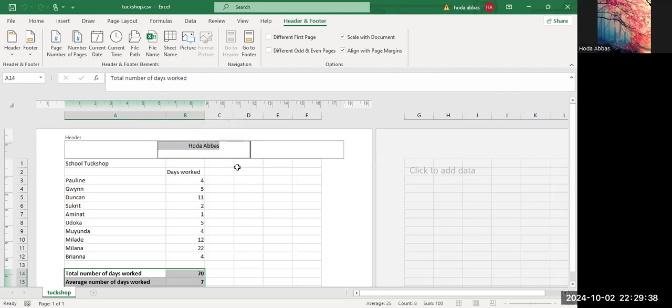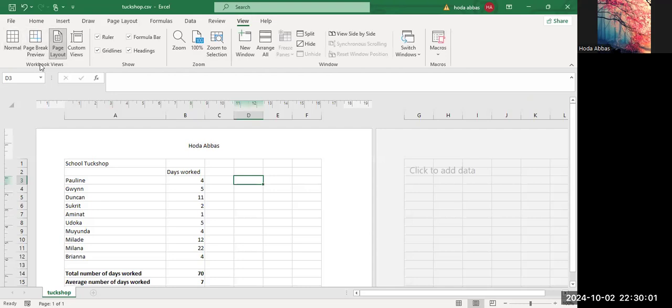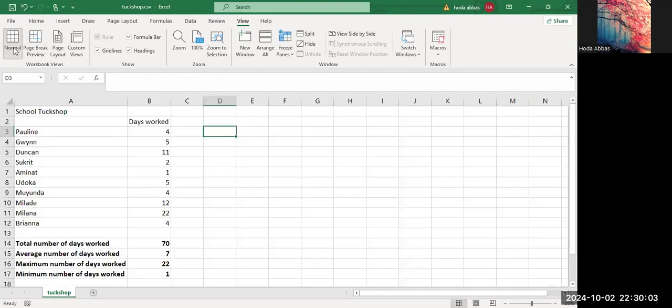And because I need to go back to work here, I have to click outside the header, in any cell in the sheet, and then go to the normal view to work in, using this icon, or from View, and then go to Workbook Views, Normal. To start writing anything, to start adding content, to create any formula or function. Okay, the other method